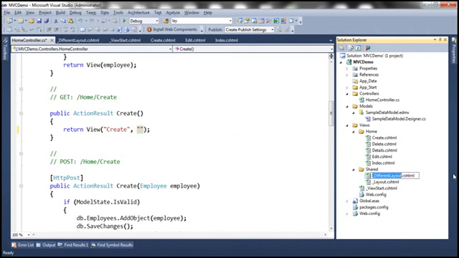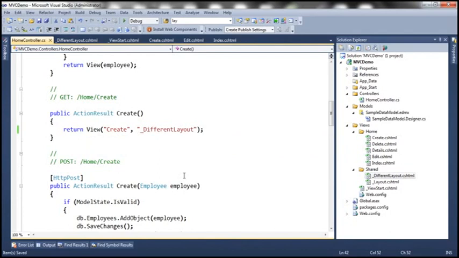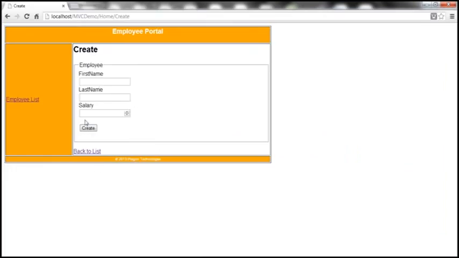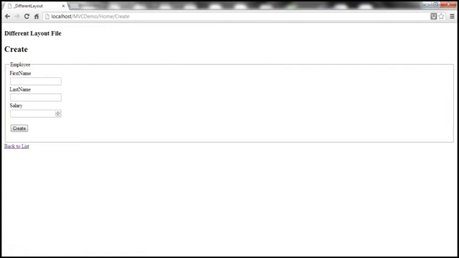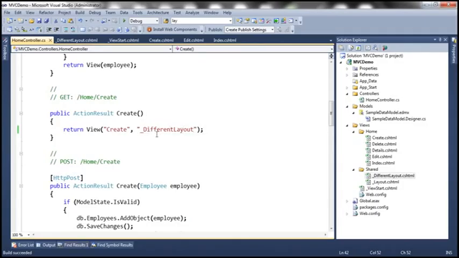So let's copy the name underscore different layout and then pass that here. Let's build the solution and navigate to the create view, so let's refresh this. When we refresh this, it should be using a different layout file, because in our controller action method that's what we have specified. So this is again going to override that. Alright,